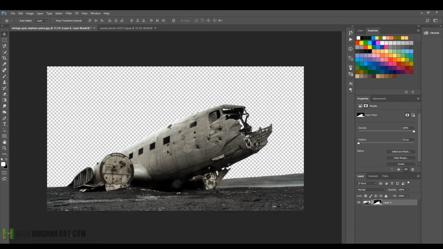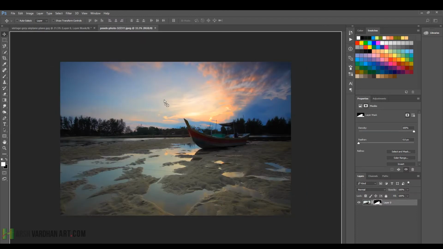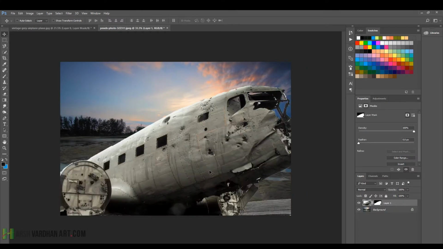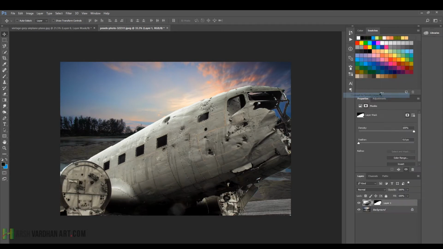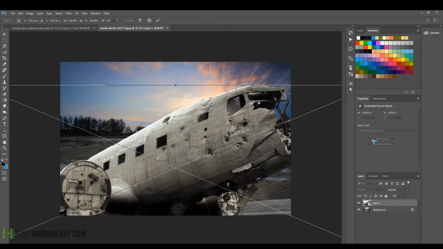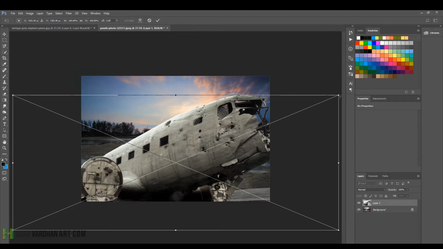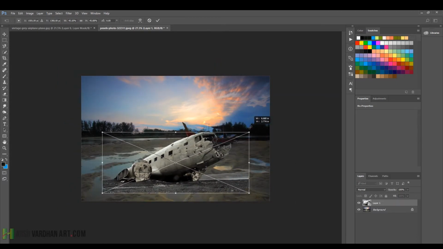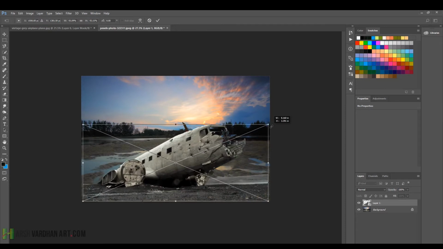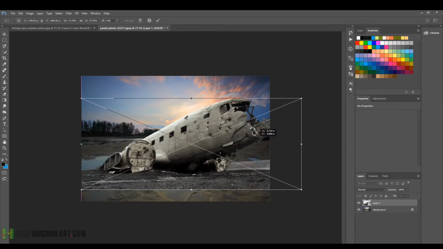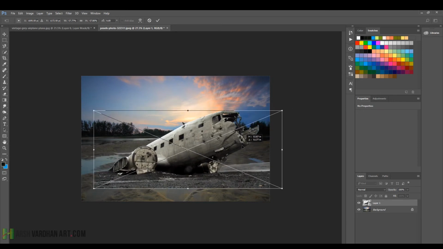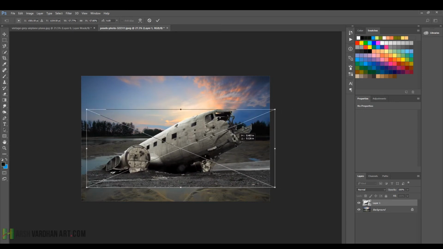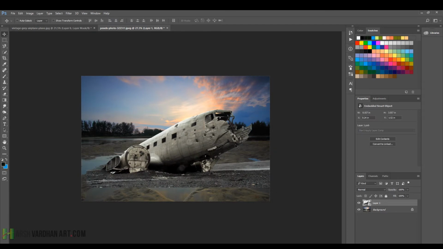Alright, and now press and drag it over here on this background. This is our main background. So I'll right click and select Convert to Smart Object and press Ctrl T, Command T to resize it and drag it inside to make it something like this, and let's place it in a proper position. So maybe over here, I think that's fine. Press Enter